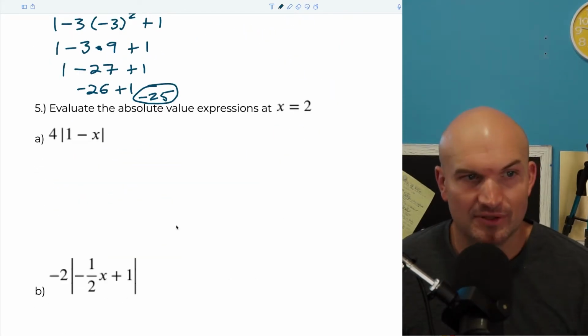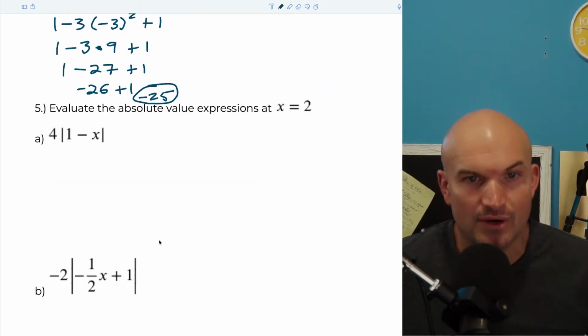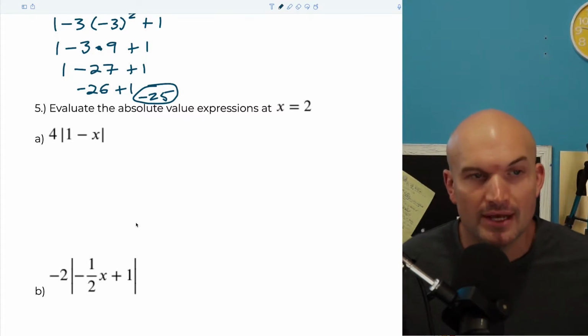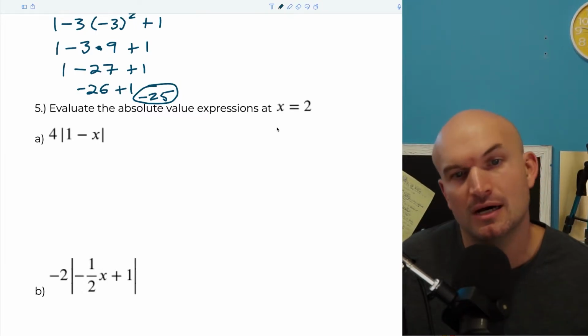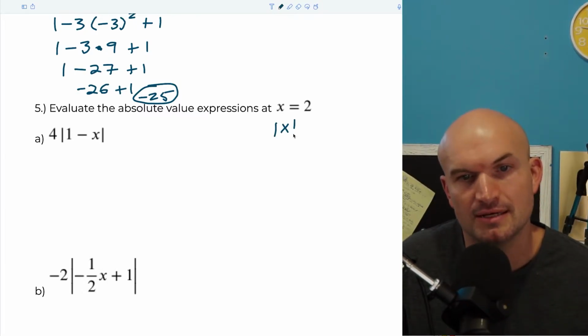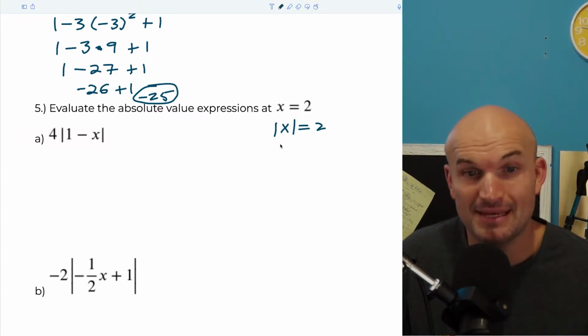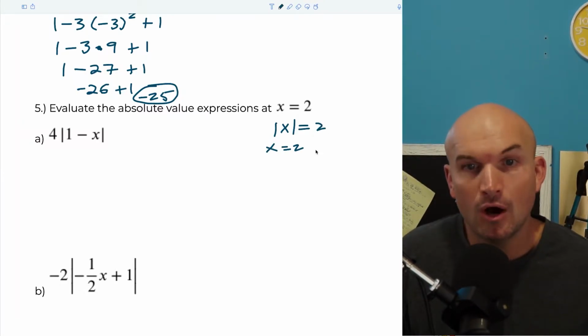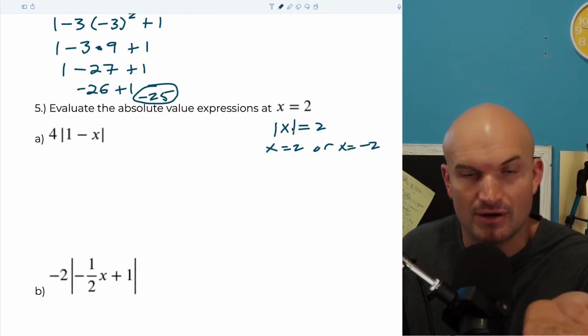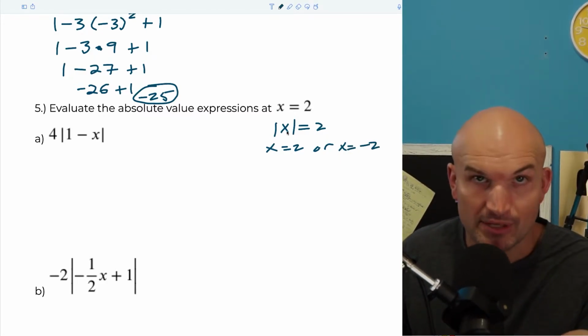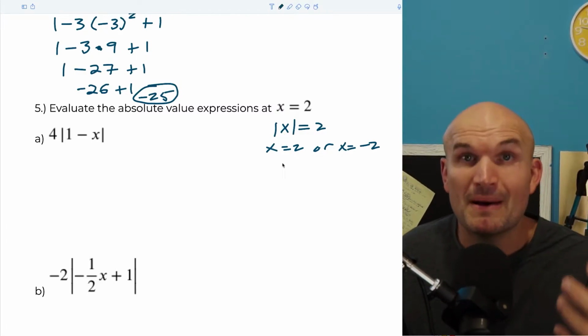All right, and the last example is going to be evaluate the absolute value of an expression at x equals 2. So a couple of things I want you to remember about the absolute value. When I have the absolute value of x is equal to 2, what that means is x could equal a positive 2 or x could equal a negative 2, right? Because whenever you take the absolute value of a number, it's always going to turn it to the positive